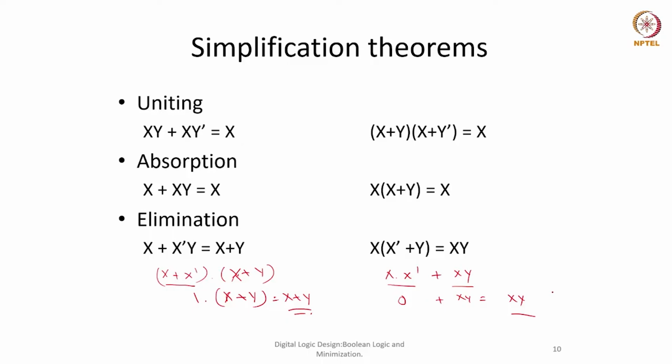Elimination is an interesting one, because here x plus invert of x and then it is ANDed with y. So this x dash could be eliminated, and we can say x plus x dash y is actually equal to x plus y. I understand this could be a little confusing, so we need to do a couple of examples ourselves, and then we would be able to understand these things better. So let's do at least